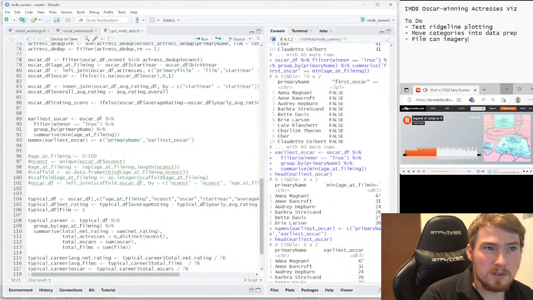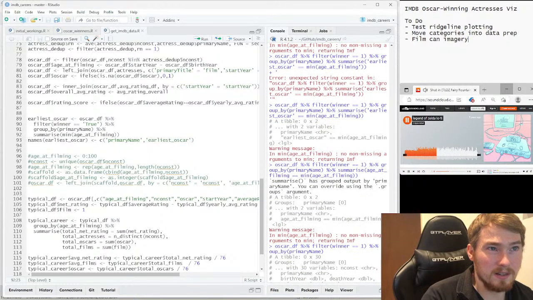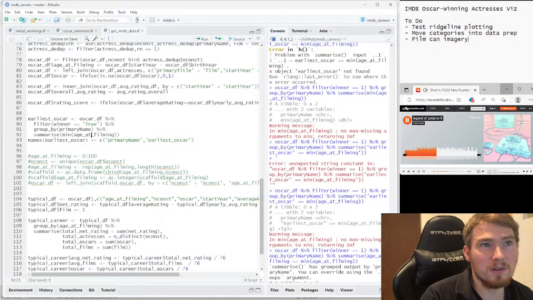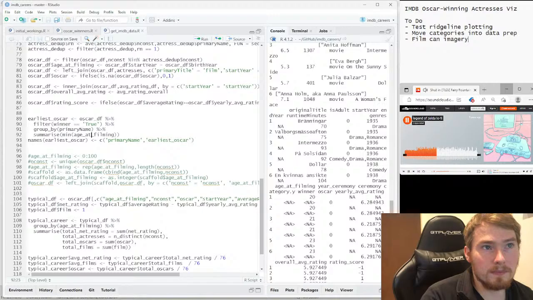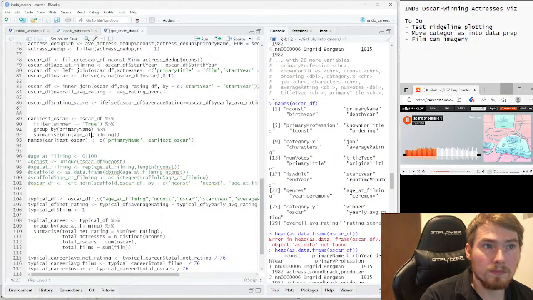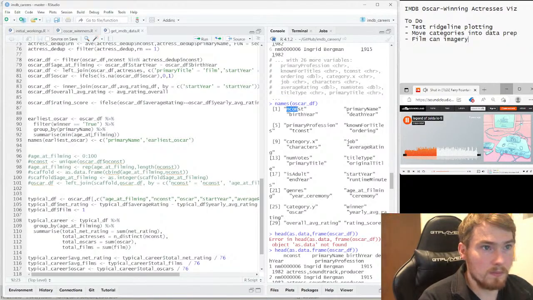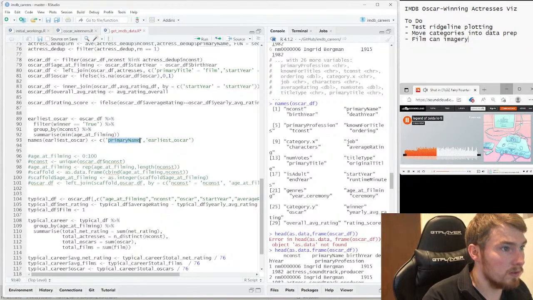What I also need to do is change this from primary name to that ID. It's nconst. Change the nconst.